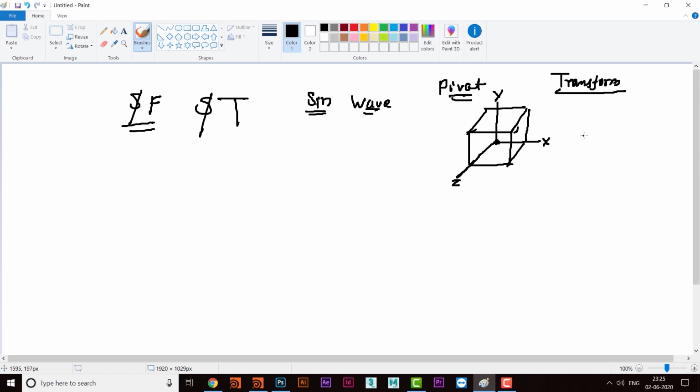So if we move the pivot point, then the shot will be something like that. If we move this pivot point to maybe like here, then the object will remain here, but we can then rotate this object around this point like that.